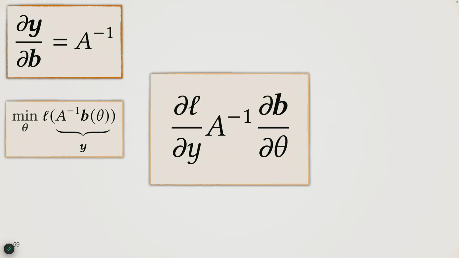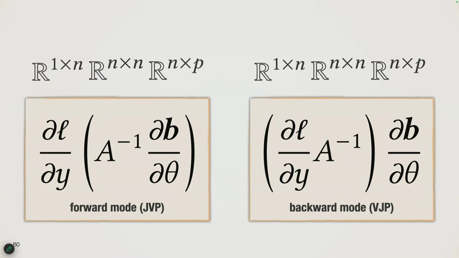You will notice that maybe if you look really hard, there's a giant A inverse in the middle of this. So that is actually going to be the really tricky part here, right? During your backward pass or forward pass, you have to solve another linear system. And going back to what Ahmed told us about, there's two ways to basically parenthesize